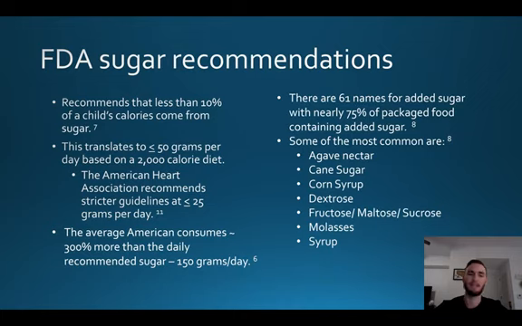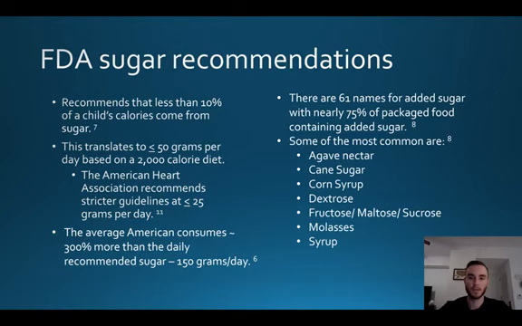I was unable to find any data more recent than what I shared two slides ago in the graphic about sugar intake within children. However, a study published in the Polish Journal of Food and Nutrition actually found that, based on studies completed in the US, the average American consumes close to 300% of the daily recommended sugar intake from the FDA. So if you do the math, that comes out to 150 grams per day. Again, this isn't specific to the population of adolescents, but it is significant. And it shines a light on a bigger problem that we need to start earlier with sugar intake and healthier diets for kids.